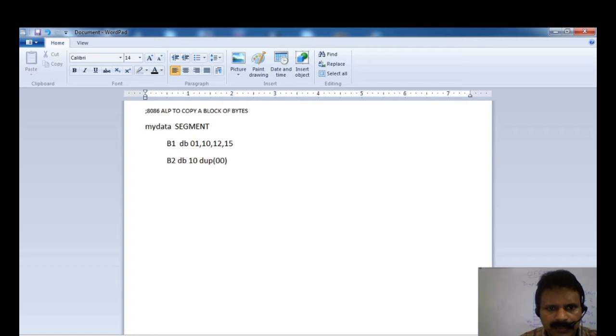Then, how many numbers do I have in B1? It is 4, so the value is 4, and it is the end of my data.